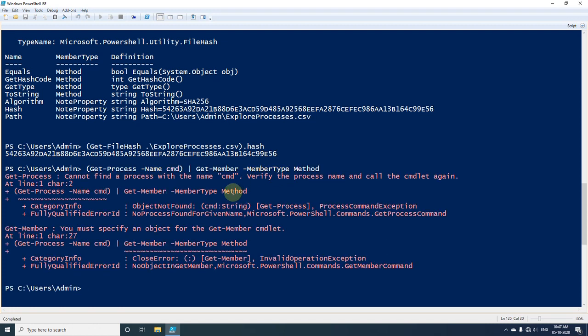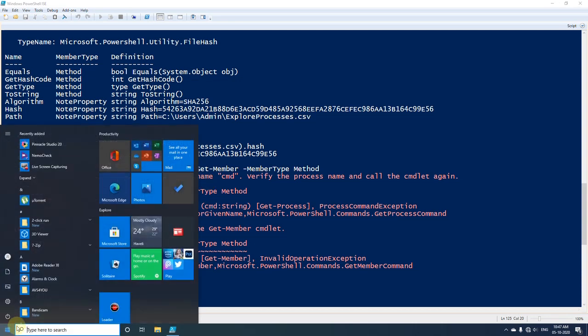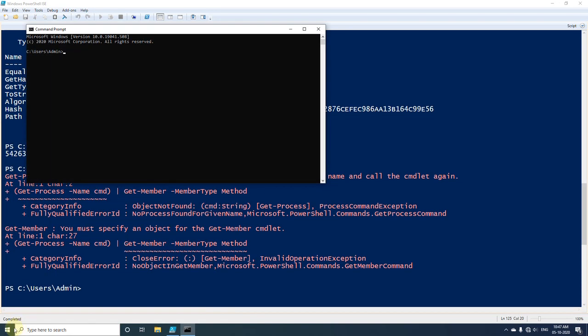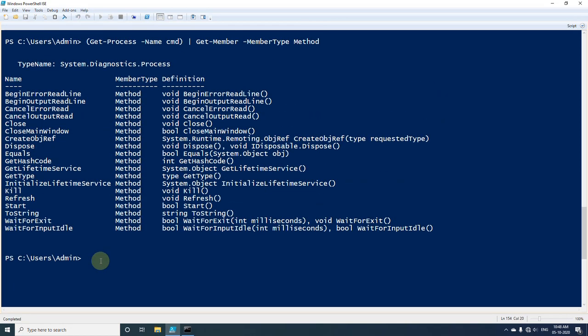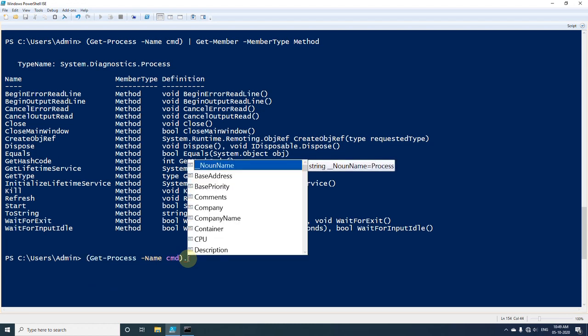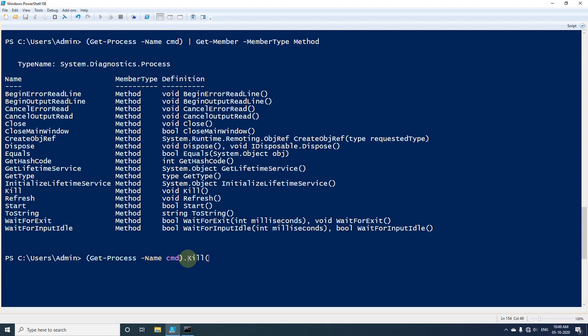It seems here that this process is not available. So when we start CMD, we will try to execute this command once again. I have used the same command here, and after that we will call a method called Kill.